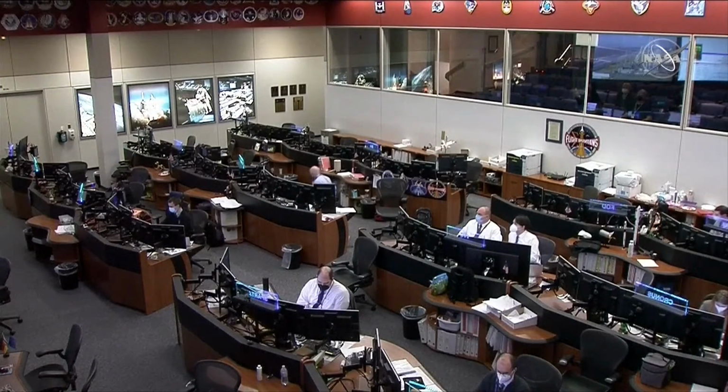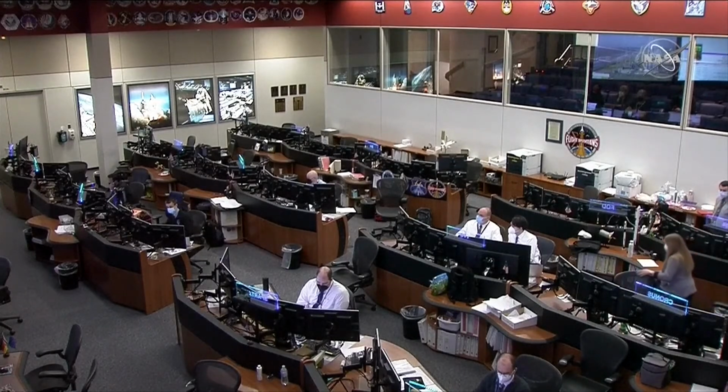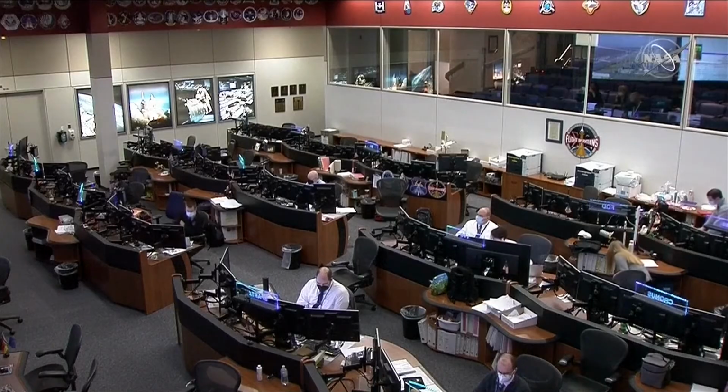To recap today's launch activities, the Northrop Grumman Antares rocket lifted off on time from the Wallops Flight Facility in Virginia from Launch Pad 0A at the Mid-Atlantic Regional Spaceport at 11:40 a.m. Central Time, 12:40 p.m. Eastern Time. Coming up in a few hours will be solar array deployment. We won't be covering solar array deployment live on air, but we will provide updates via our blog and social media. It was a very smooth ride to orbit, sending the Cygnus resupply vehicle to its preliminary orbit en route to a 2-day rendezvous that will result in Cygnus arriving